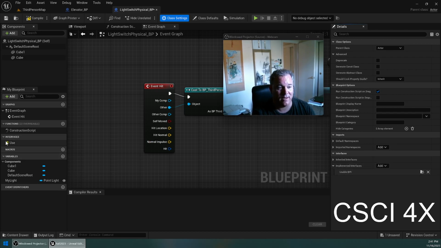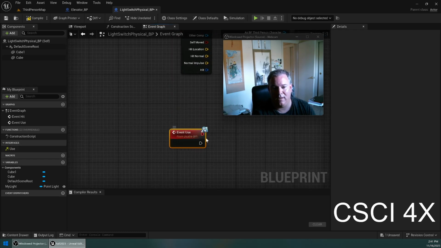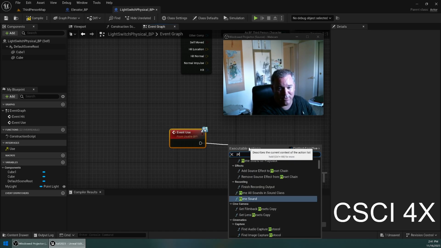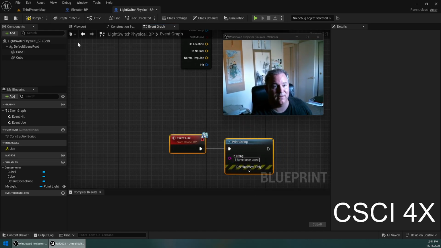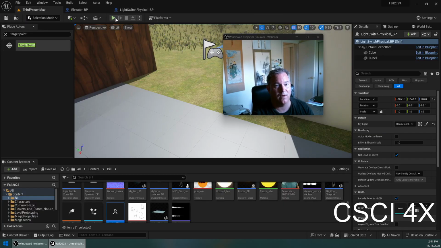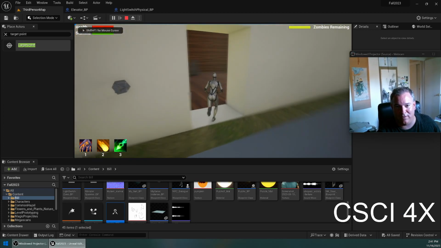Now you'll see, aha, look at this over here. We now have the ability to implement a use function. So if I drag that, if I double click on it, then what will I do? I will say print string, of course. Why wouldn't I? And I will say I have been used, like that. And I will compile and save and run. I've done this for light switch. I haven't done it for